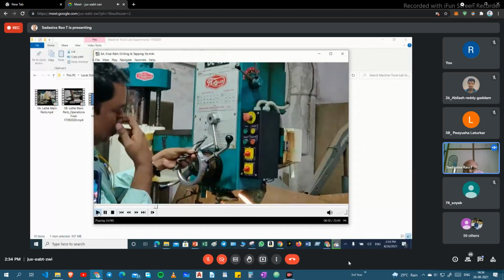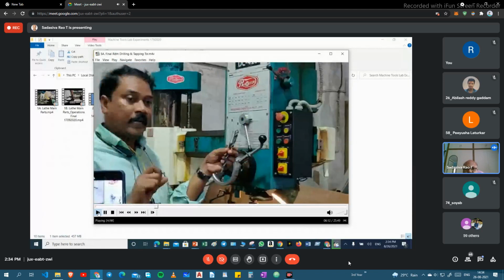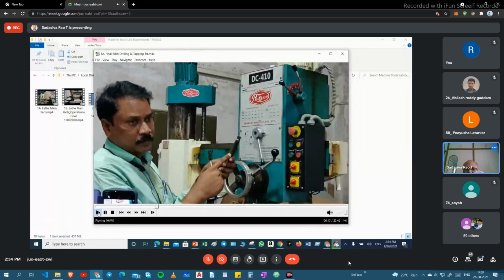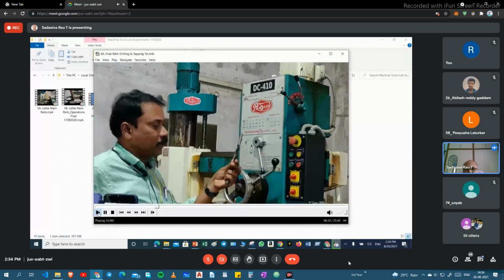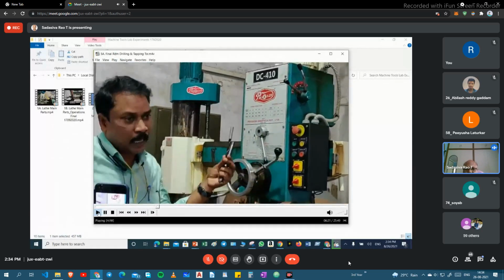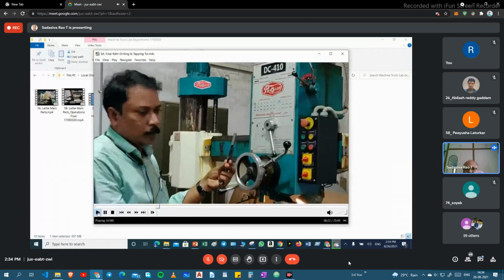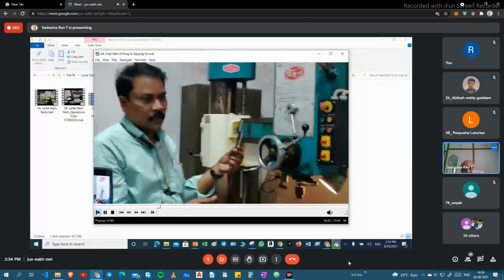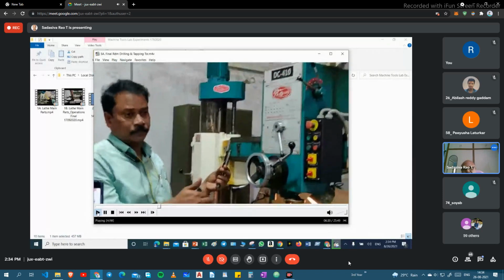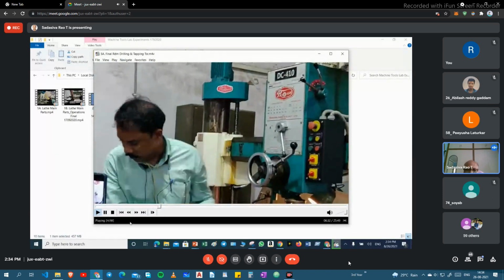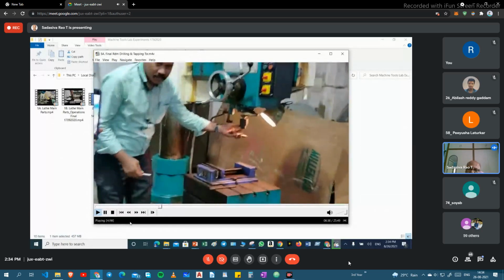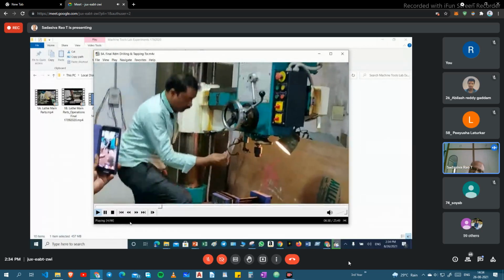So this straight shank you can hold in your drill chuck only. But whereas the taper shank, you can hold in your sleeves, right? And this straight shank is made up to 12.5 mm diameter only. More than 12.5, for example, if you want to use a 12.6 mm diameter drill bit, that one is made up of taper shank. Okay? See, for example, this is a drill chuck. In this drill chuck, we can hold up to 12.5 mm drill bit only.